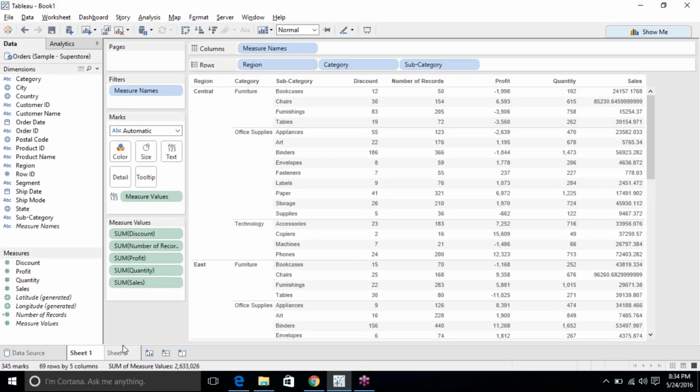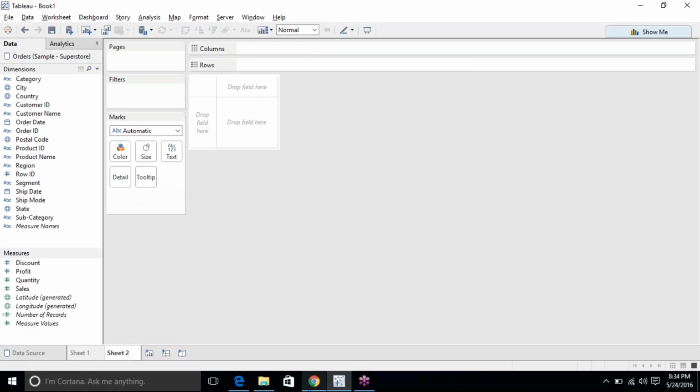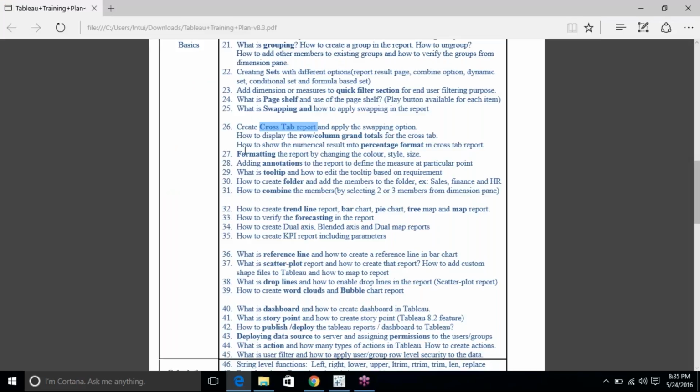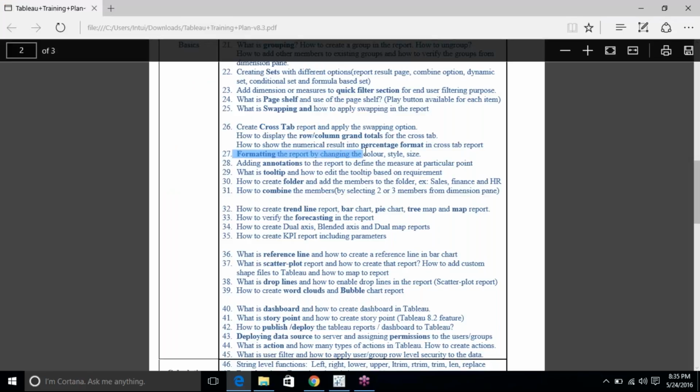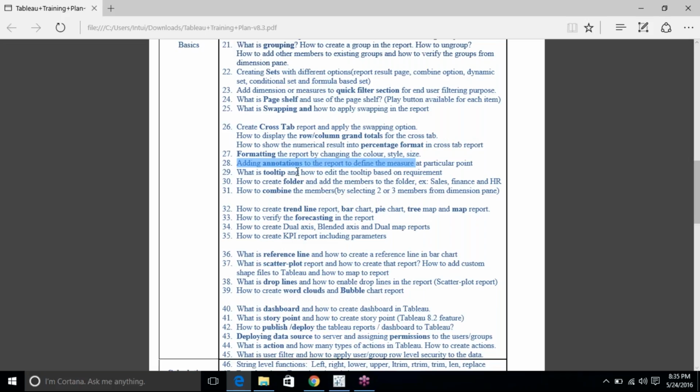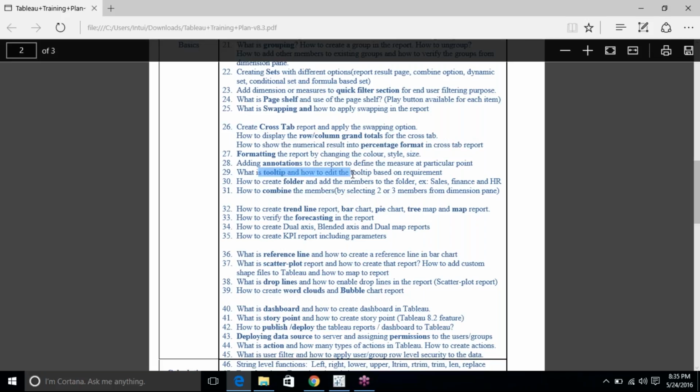Perfect. Next thing. So now we'll start other charts. Okay. Now formatting is done. Okay. Before I start about annotations, we'll start about charts. Okay. Because I've already told you most of these options. I've told you what is tooltip and how to edit the tooltip based on requirement. Annotations will see this in a chart or a graph. How to create a folder and add members to a folder, we'll see these two options after I start discussing one or two charts. Okay,